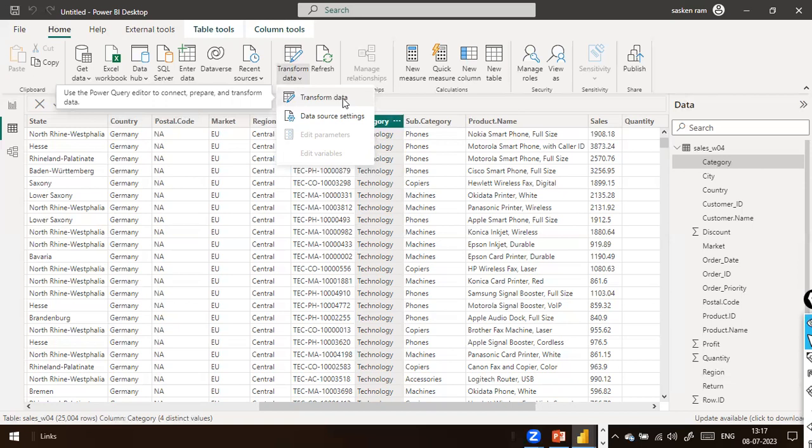The report is very interactive and the design is really awesome, but the values I'm seeing are not accurate. It is showing something wrong. It shows that in the south region, the sales is down. The profit margin shows as negative margin, right? Too much of negative margin, some inaccurate values. This is not affordable. That is the reason why before you create a report, do the data transformation as part